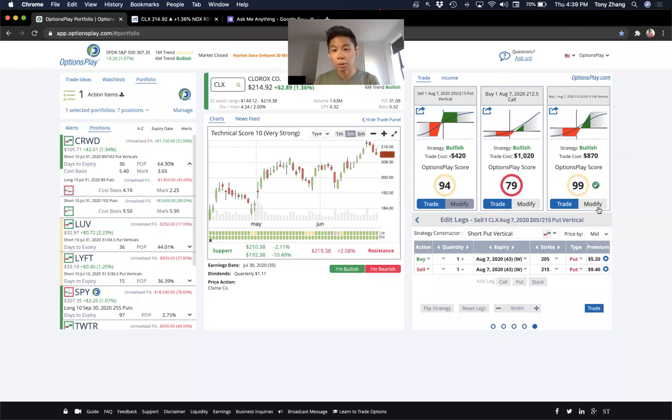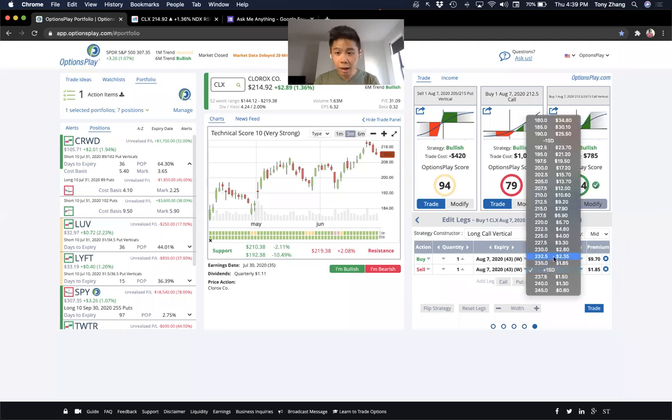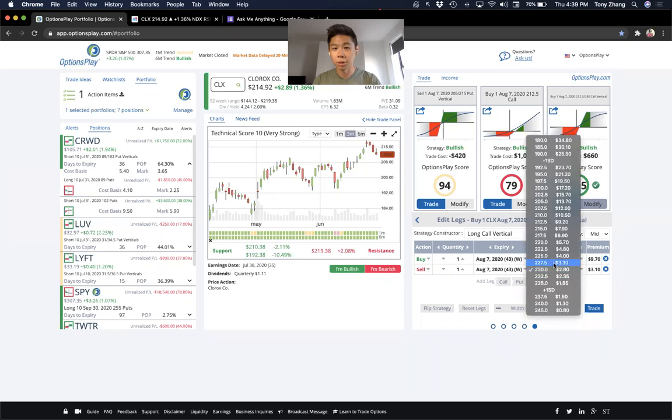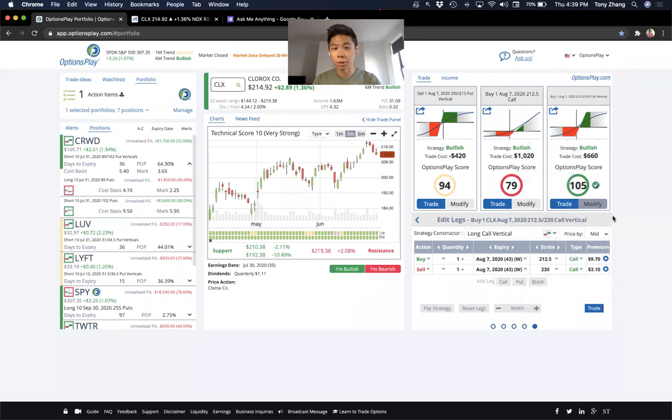And on the right-hand side, I'm looking at a debit spread that would allow me to take a bullish view here on Clorox. Now, one of the things that you might want to do is adjust that upper strike a little lower, depending on how far you think Clorox can go. Maybe this is not the type of stock that you think is going to propel itself to a new 52-week high and continue moving significantly higher, like some of the technology stocks. These stocks don't tend to move as far, so you might want to sell a shorter dated option or a lower strike option here. But you can make these adjustments and compare these strategies side by side.